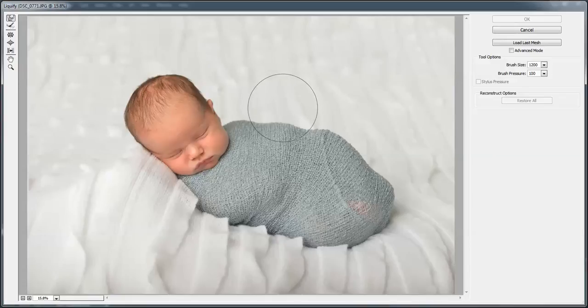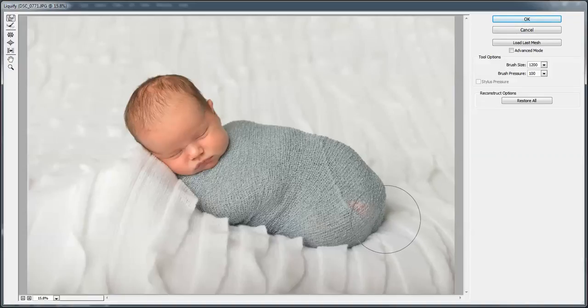You see how your circle's partly on the wrap and partly off. You're going to do that, then come in on these bumps and very slightly push in. Come down to a little knee and push until it matches up with this, and keep doing that all the way around. I like them to look nice and balled up, so you might need to make the brush a little smaller when you need to get in, just like that. I'll do it on this one because it's not denting in quite as much as I'd like. I'll come up to the shoulder and bring the shoulder in,